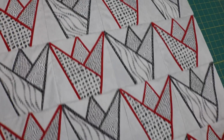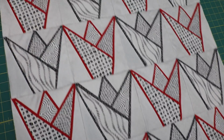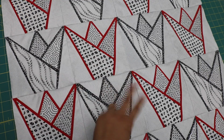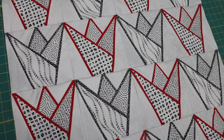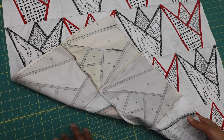All right, so here is the Tulipán quilt top. I have 4 blocks across by 5 blocks down. And now the next thing you need to do is to add your borders to complete the quilt top. However, there's kind of 2 different things that you can do at this point. You can flip this over and start ripping off all the paper, or you can add the borders and then